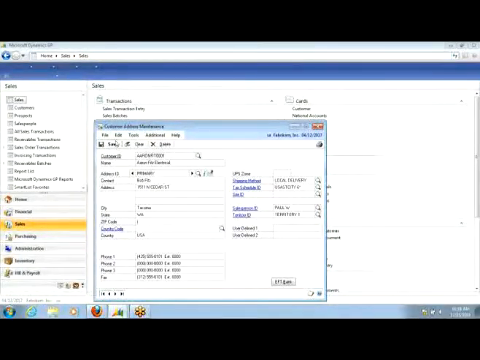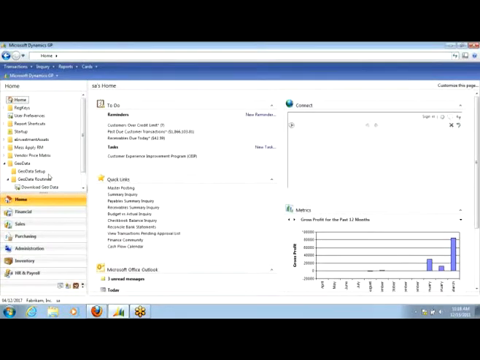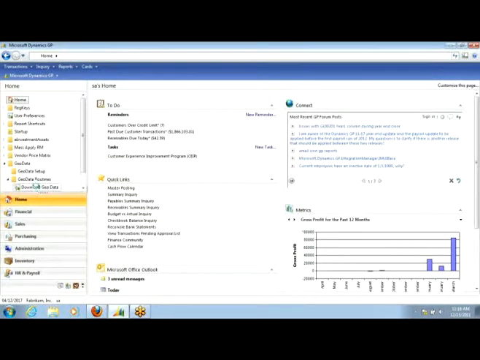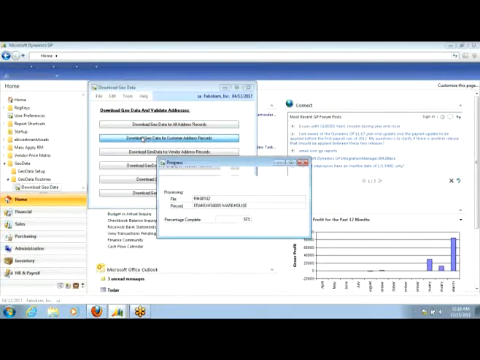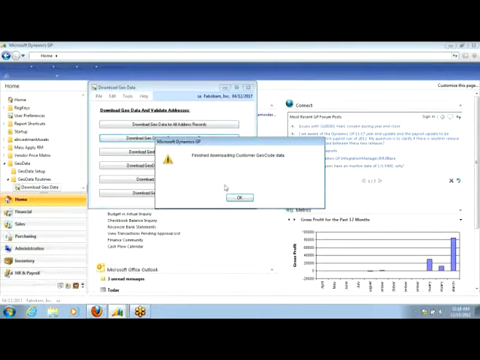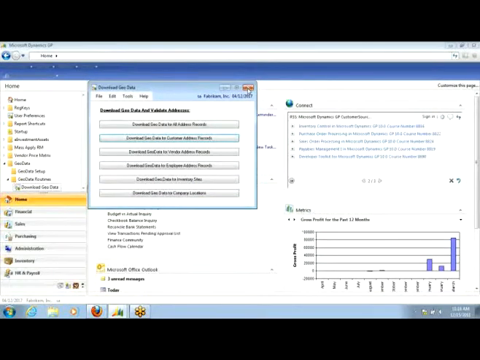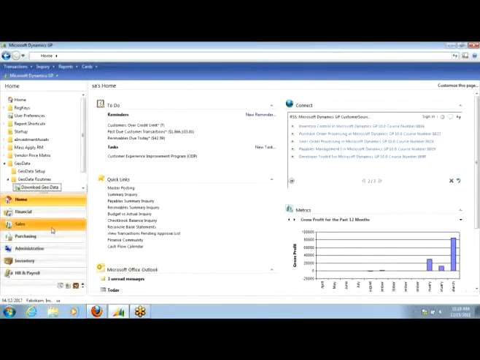Now in this next example, let's say you have a partial address for the client that only lists the city and state, but no zip code. Again, the process is the same as before. Go to the home page, click on the Download GeoData window, click OK, close that window, and go back to our customer again,